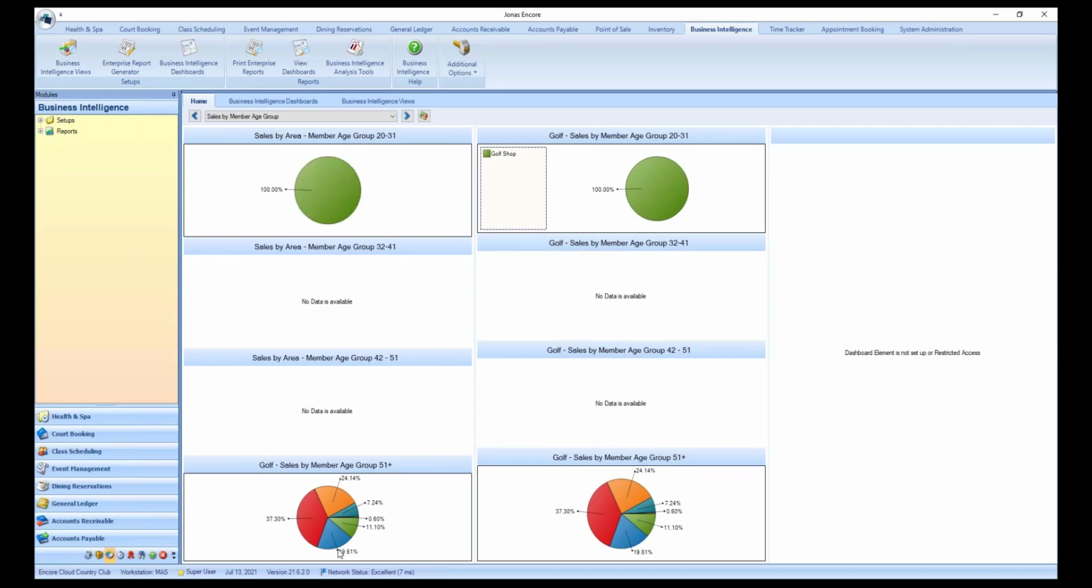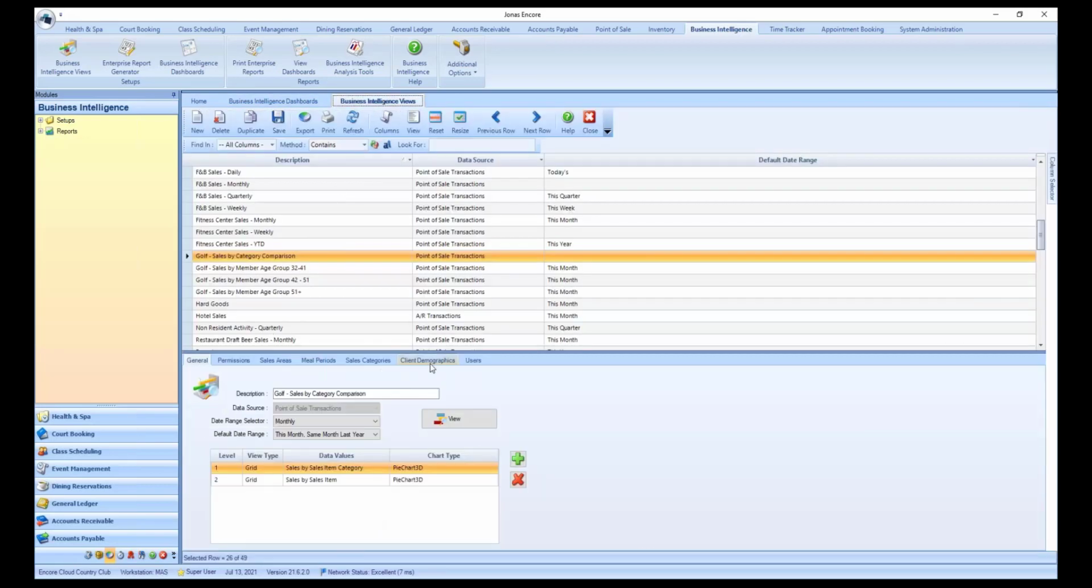In this case, my first column is sales by area by age group, and then my second column is just golf sales by age group. So that's just another suggestion. Now, how did I do that age group filter? That's the key piece. And for today's presentation, most of our advanced filters that we want to demonstrate are under